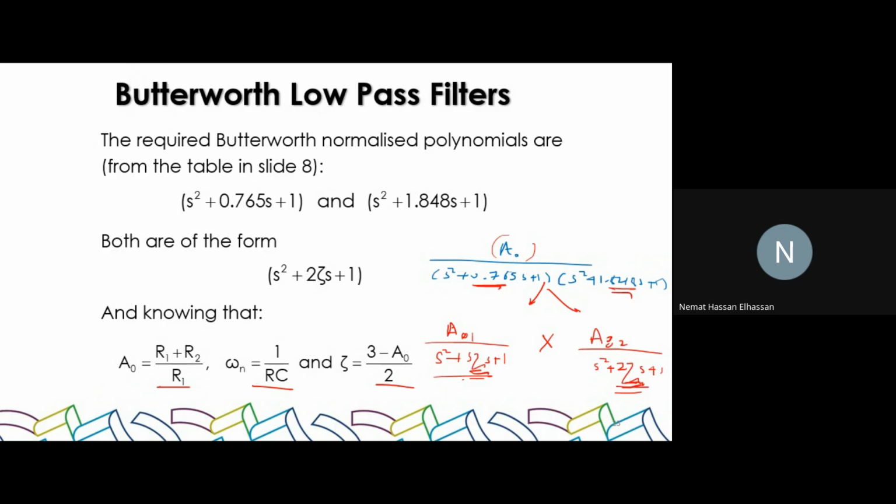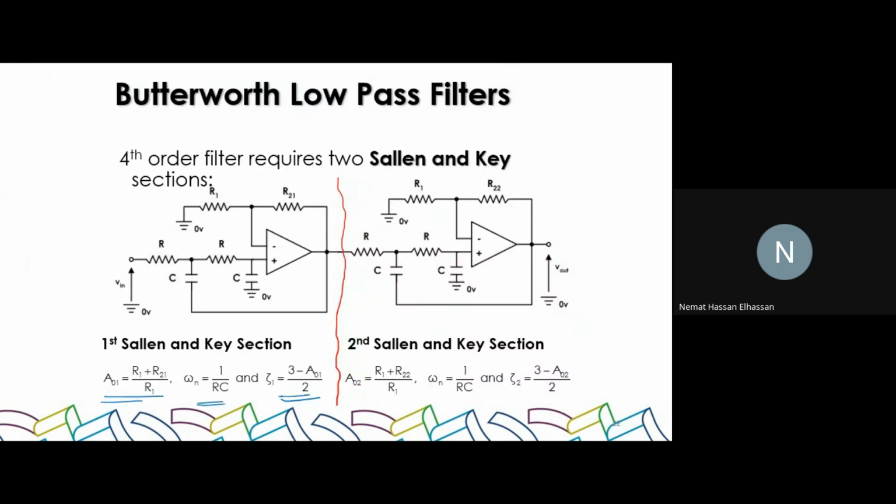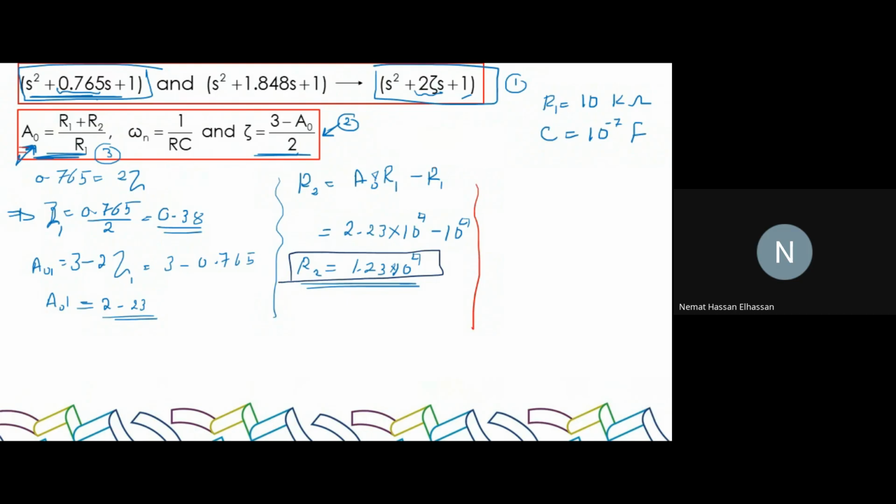اتضحت الصورة؟ أوكي؟ فبدينا بالتعويض المباشر، حسبنا قيمة زيتا 1 من النصف الأول من المعادلة، وبناء عليه حسبنا قيمة الجين، وبناء على الجين قدرنا نحسب قيمة R2. إلى هنا واضح؟ أوكي؟ طيب الجزء الثاني. لو رجعنا هنا احنا عندنا معطيات، قلنا عندنا R1 وعندنا C، صح؟ لما نقول لك ديزاين يعني احنا شرحنا ان الكونسبت ديزاين معناه اوجد قيم العناصر المكونة للدائرة، صح؟ فالR1 موجودة والC موجودة، المتبقي ايه الغير موجود؟ R، صح؟ قيمة الR ما عندنا، والR2 في الدائرة الأولى والR22 في الدائرة الثانية، صح؟ طيب احنا من حسابنا هنا وصلنا للR2، صح؟ ايه الباقي؟ الR، صح؟ طيب هل في معادلة هنا بتساعدنا على الحصول على الR؟